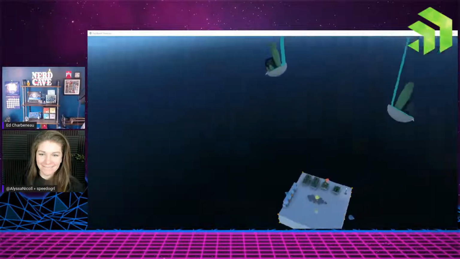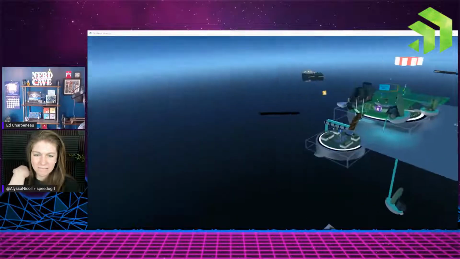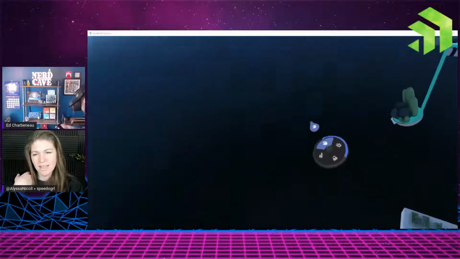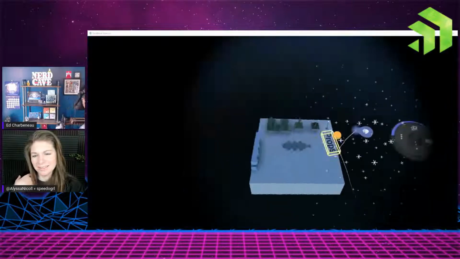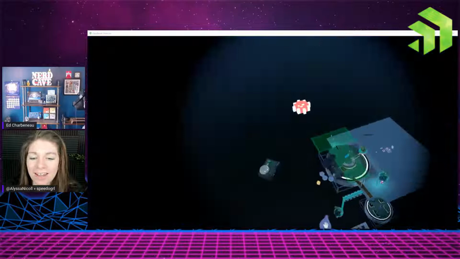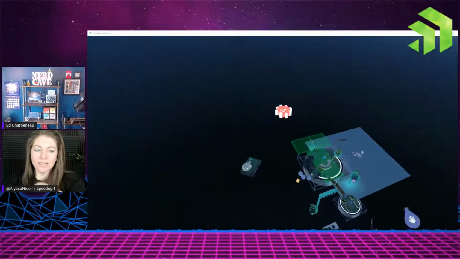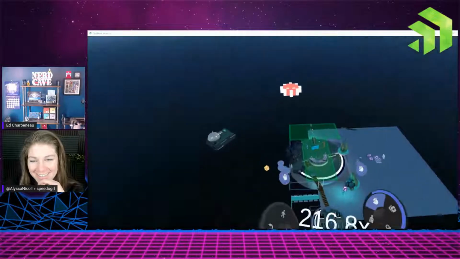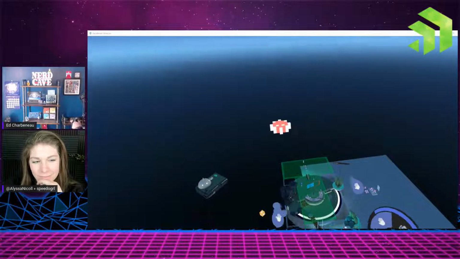There's evidently a bug with the ground, or the grid showing up everywhere. Oh yeah, my text didn't get... I'm hoping that it goes away when you restart. So we'll see. So if we look at this in relation to the level we're building now,